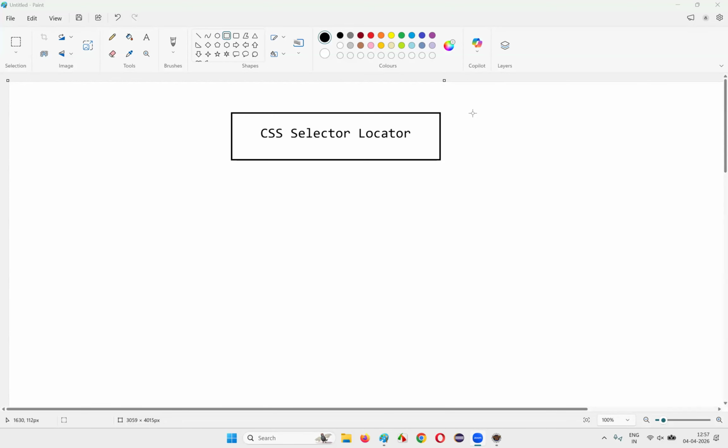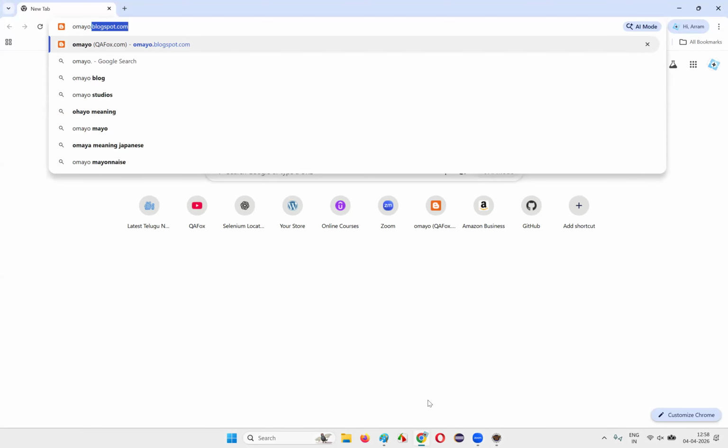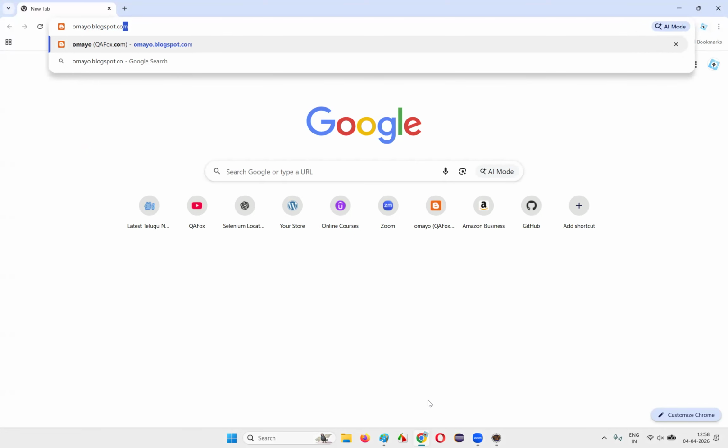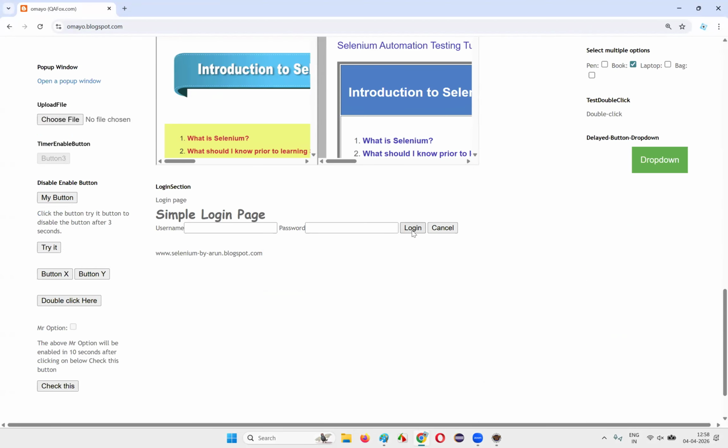In this session, I'm going to practically demonstrate how to use the CSS Selector Locator for helping the Selenium test automation tool in finding the required element on the web page. So let's get started. For that, I'll open this browser and take you to this sample application page, that is omeo.blogspot.com. Once we have landed on this page, I want the Selenium test automation tool to click on this element,